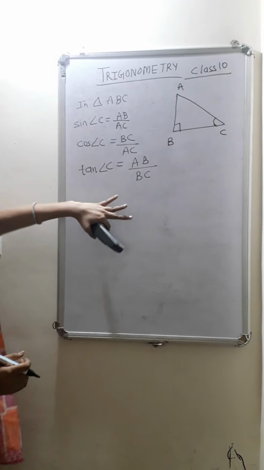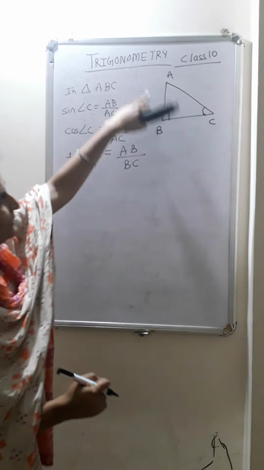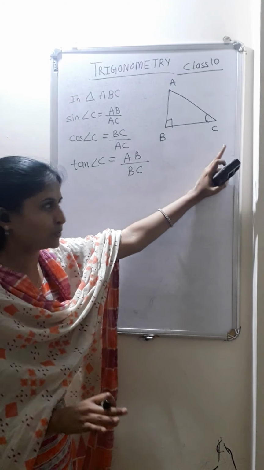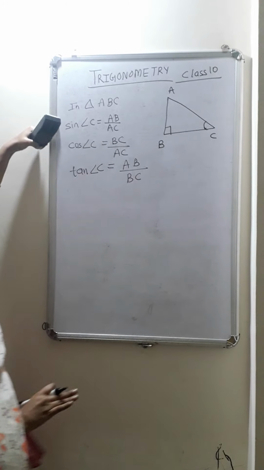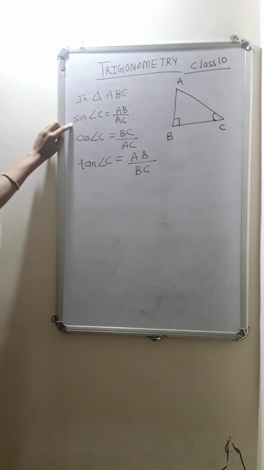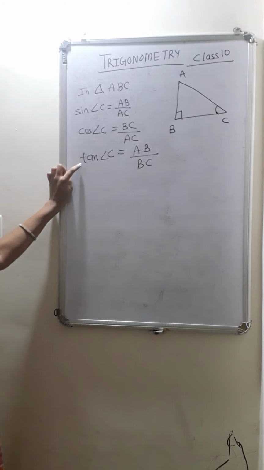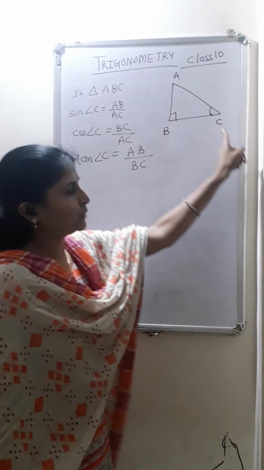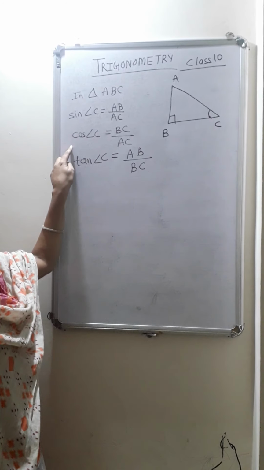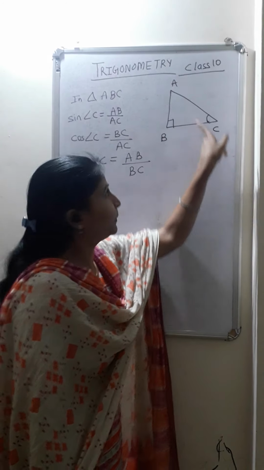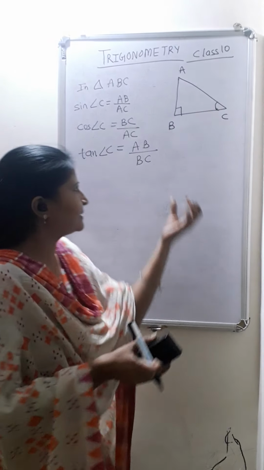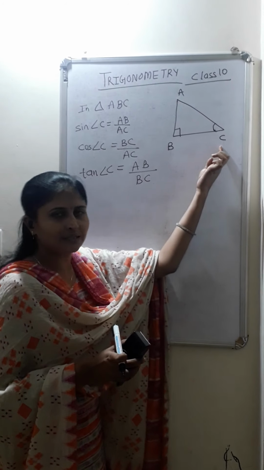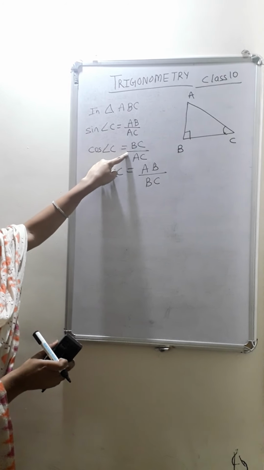Now, till now we have learned that angle B in triangle ABC was equal to 90 degrees. Therefore, AC will always be considered as hypotenuse. Now, we are finding out the trigonometric ratios for angle C: sine of angle C, cos of angle C and tan of angle C. For sine, it will be perpendicular upon hypotenuse. So, we wrote AB upon AC. For cos of angle C, it will always be base upon hypotenuse. Now, base will always be considered as the side which is attached with that angle. So, with angle C, the side which is attached is BC. That's why we are considering base as BC.